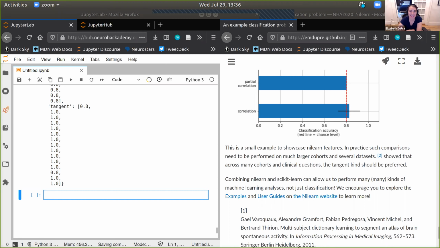Great question. This is really kind of a broader question than Nilearn, right? This is more like, what is appropriate when working with machine learning and neuroimaging data. There are lots and lots of caveats to think about here, right? Not only the different kinds of functional connectivity you use, but also things like how you would do your cross-validation.